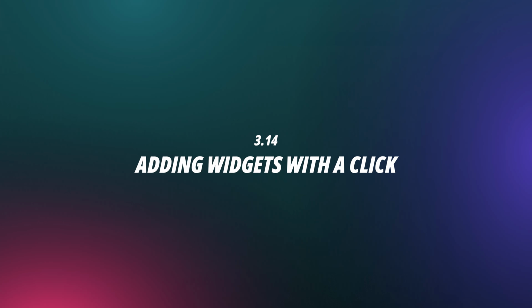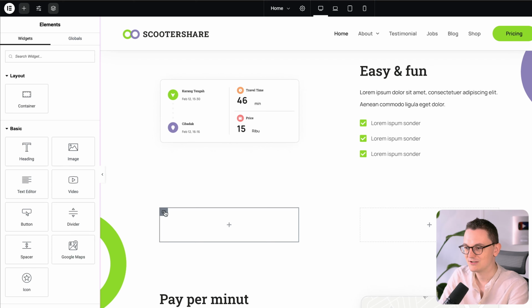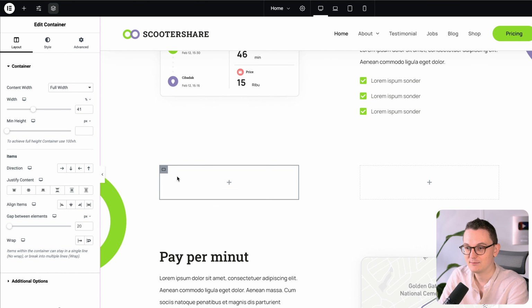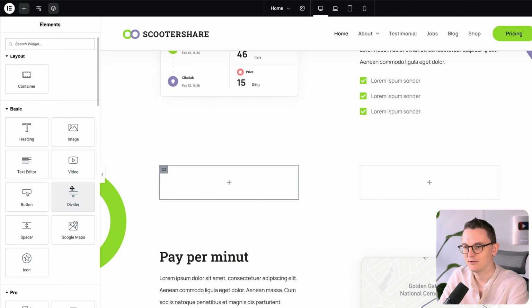Okay, this one is also really nice. I love it that we can finally add widgets by just clicking over here. You know that when you drag a widget somewhere, sometimes it just bugs and it jumps around and you're dropping it somewhere and then it drops somewhere else, especially when you drag in containers. What you can do now is you can just click on the container you want to add items to, then click on the plus or the widget, and then just go to your widget panel